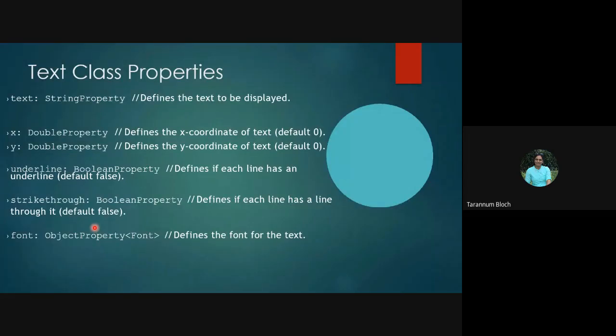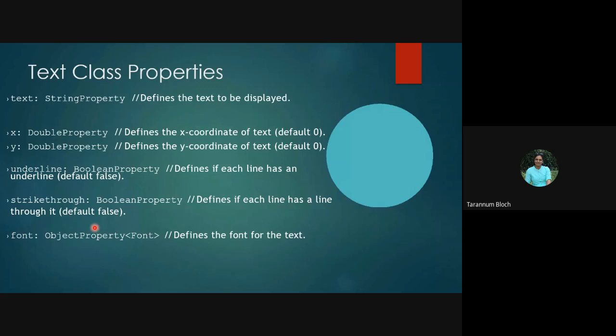So you can set all the font properties of the text being applied. Inside the class Text, we have a property font, representing the Font object.